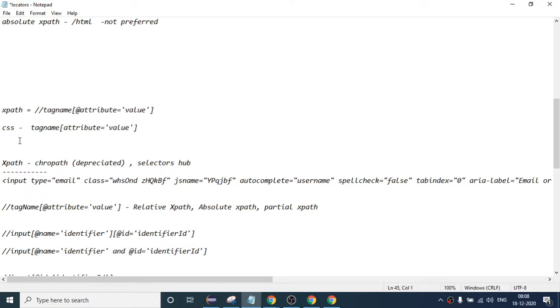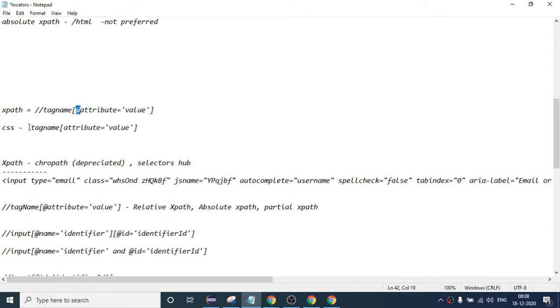Many companies will prefer using XPath only and say we will not use CSS, and many companies will say that we will only use CSS and not XPath, right? So it is not a hard and fast rule that you always should write CSS. So this is one point. And if I talk about the syntax, it is the same, just remove the double slash and at the rate.